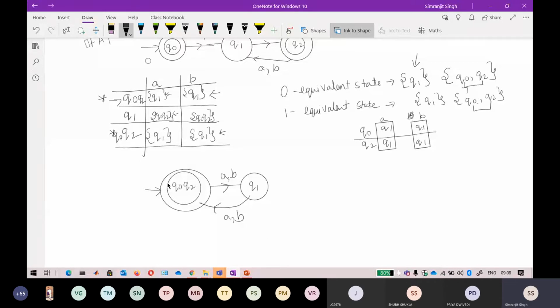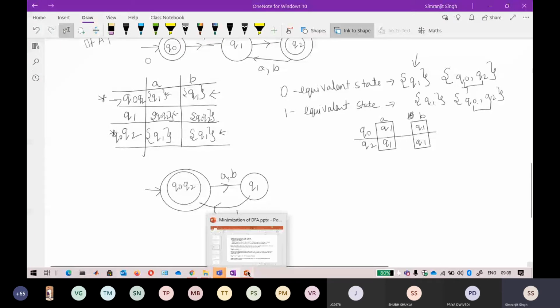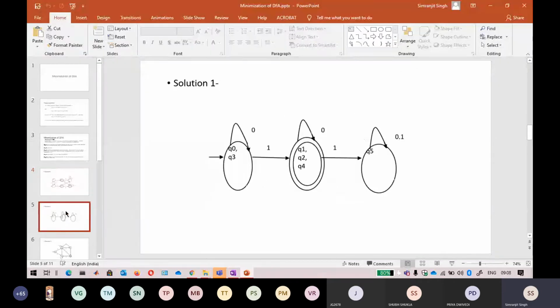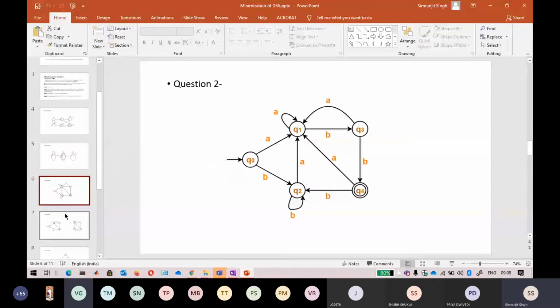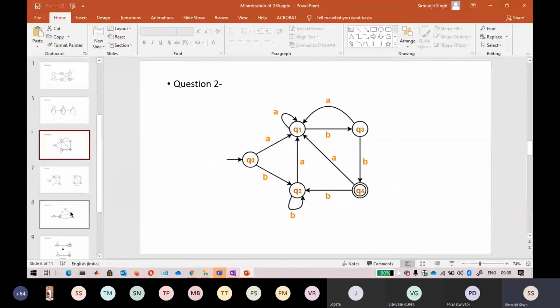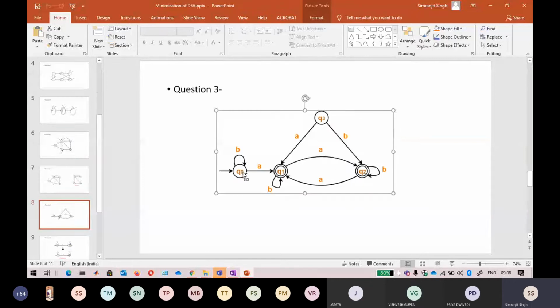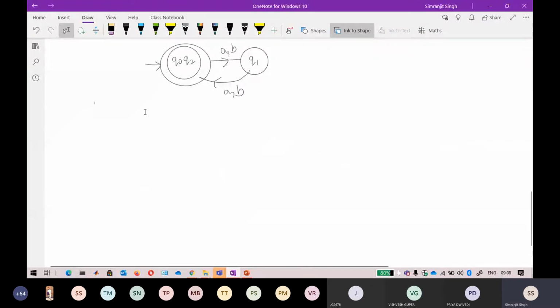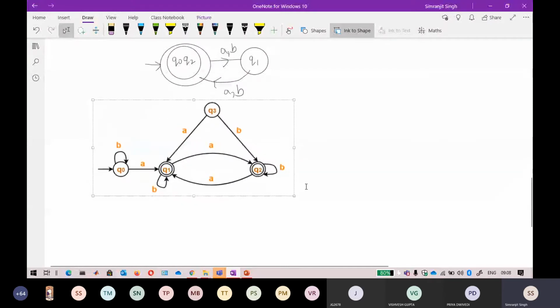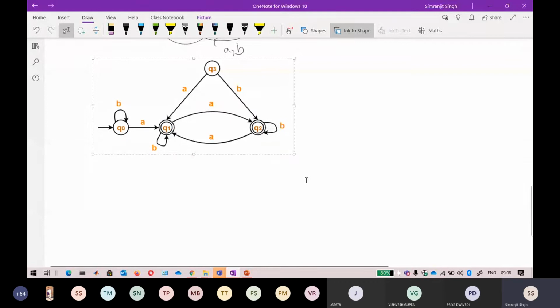If I do a little bit of a bigger question here, that will be easier for you to understand. Not very big, just a little bigger so that you can understand. I know that there will be some kind of a doubt here, so I will do this question again, following the same steps. In this question, you will understand better.